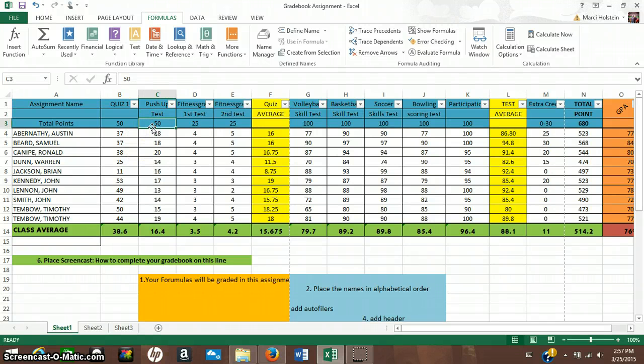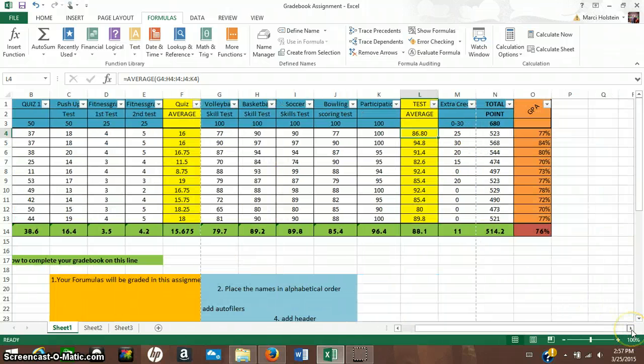For this, we wanted the average of all of these columns right here. So we did kind of the same thing: you type in average, and then you highlight all of the rows that you want in the average. And then since there was a total of 680 points in this class,